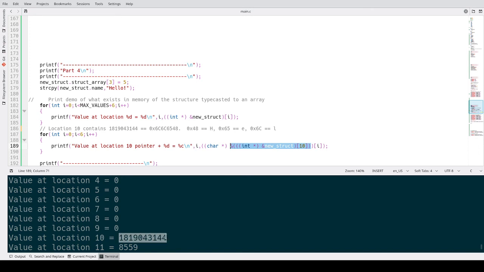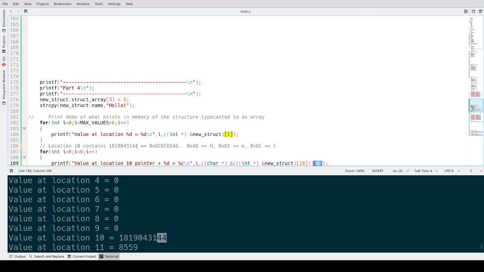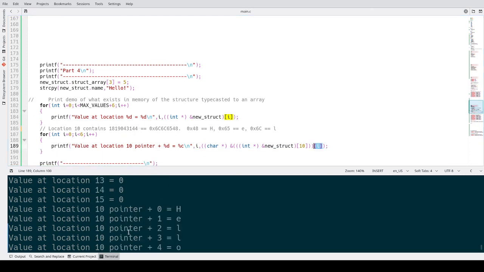Address 10 is this number, but this number starts way down here in the address land. Turn that address into a character pointer instead of an integer pointer, so now it's only going to count by 1 location each time, and it's going to treat everything as 8 bits, and then we can start going through as a character 1 by 1 to see what that looks like. So location 10 pointer plus 0, and then we can actually grab out each individual